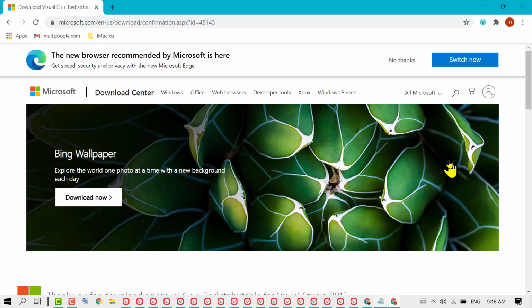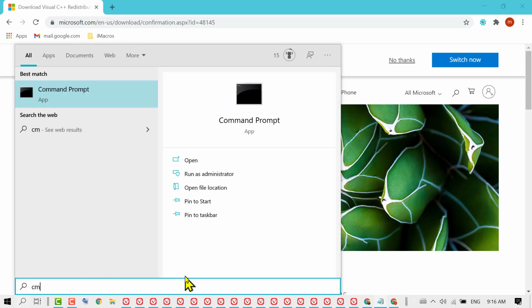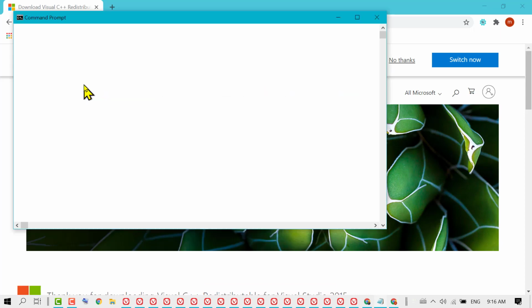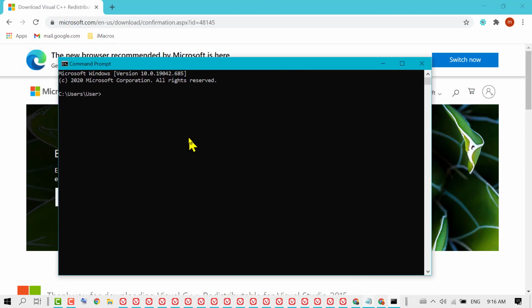If after restart this issue is still occurring, you can try the second method. So click on start and type cmd, open command prompt and type this command